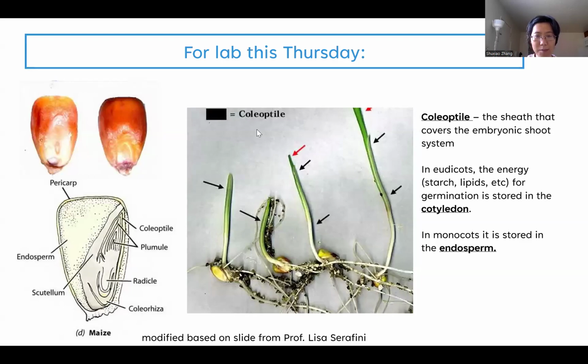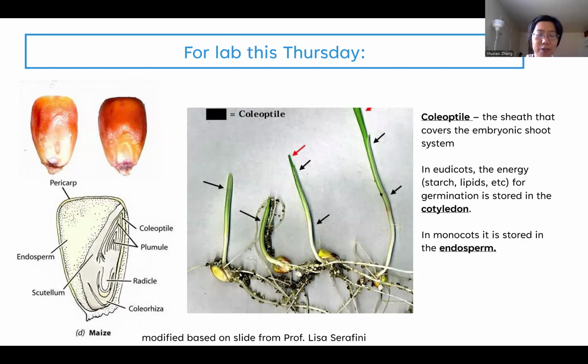And so in the lab, for the corn seedling, you'll see something like this. Note that it does not have the epicotyl and hypocotyl. Instead, you'll see the coleoptile, and then once the seedlings grew up a bit more, you'll see the emergence of the leaf here in the red arrow. And one of the key differences is the number of cotyledons, and the second